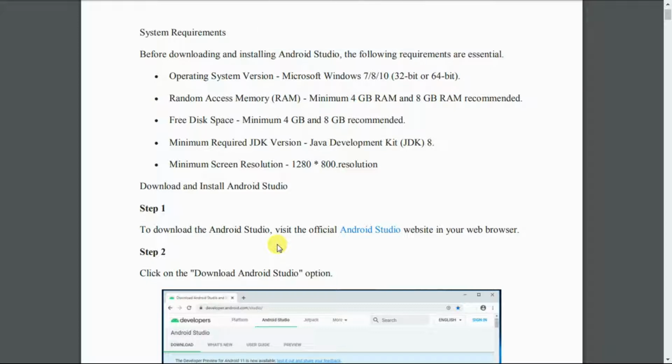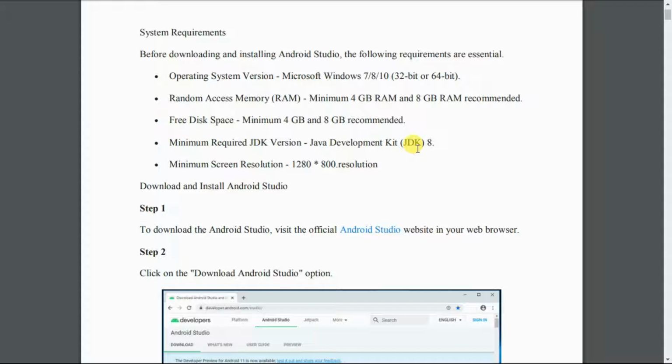For that also it is the same thing. You can use either Eclipse or Android Studio. You have to remember that. Okay, if you want to go for Android Studio, then you have to download the latest version of JDK. So it is given as JDK 8. Okay, you have to download JDK 8.